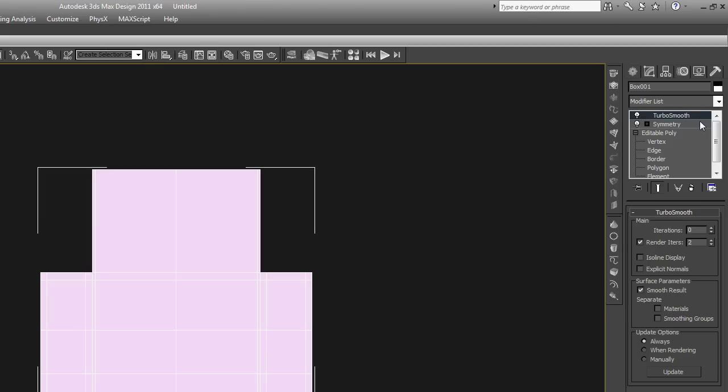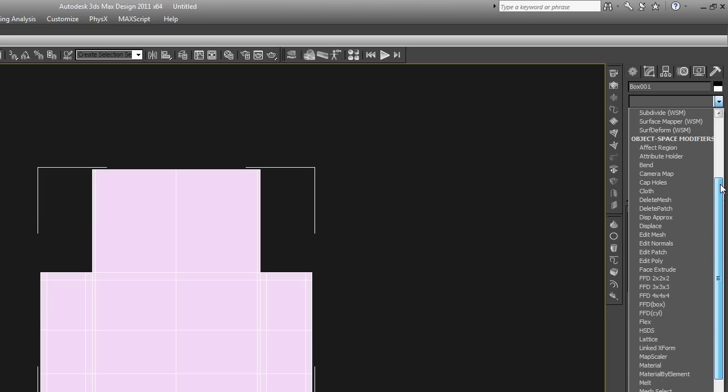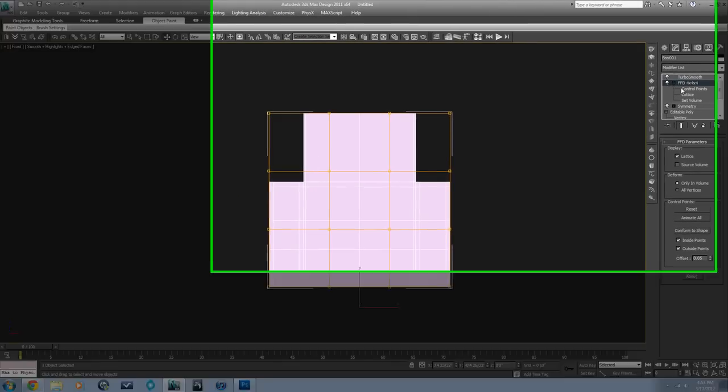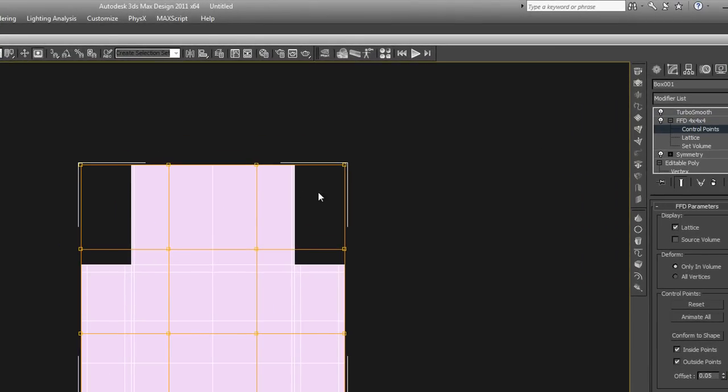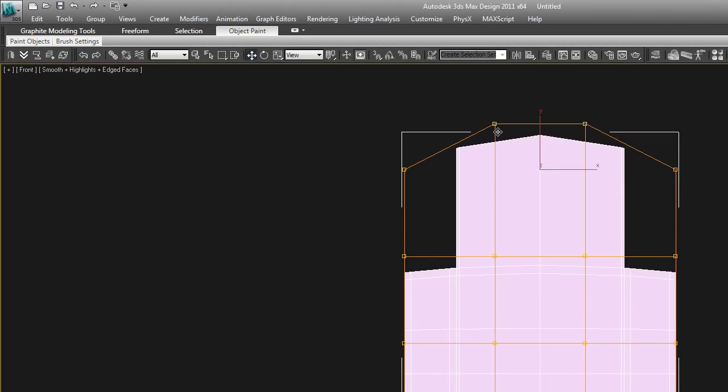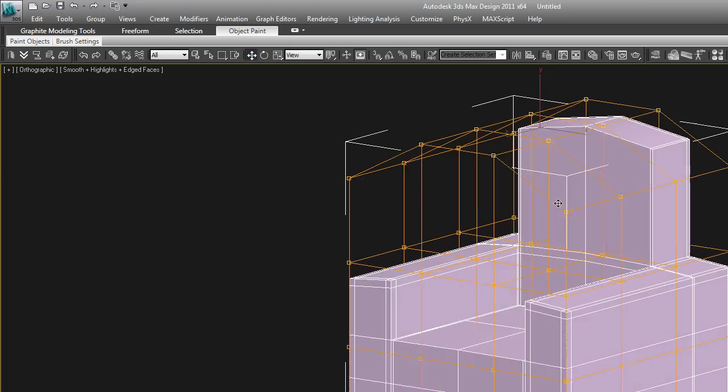Okay, on to the next essential modifier here, FFD. We'll start with the 4x4x4, which basically gives us a cage, and it's kind of similar to soft select. You can go into the sub-object mode by hitting the plus next to the FFD modifier, go into the control points, and select some control points and move them, and you'll see that it does a nice kind of soft selection move of that